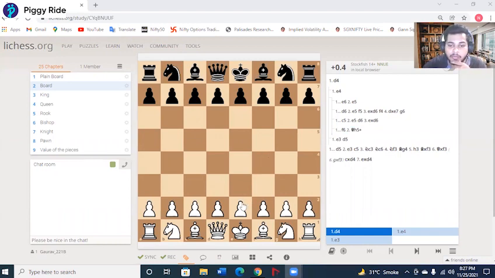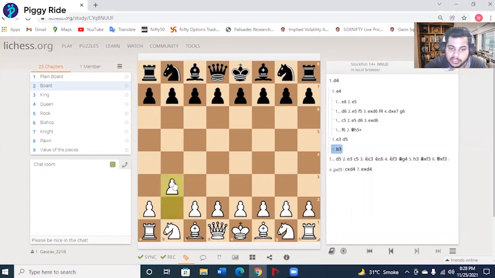If I want to move my pawn at e2, all I have to say is pawn to e4. You do not say I want to move my pawn in front of the king two blocks ahead. This is not the correct way. Similarly, if I want to move this pawn to b3, I'll say pawn to b3. This is how you mention the move.